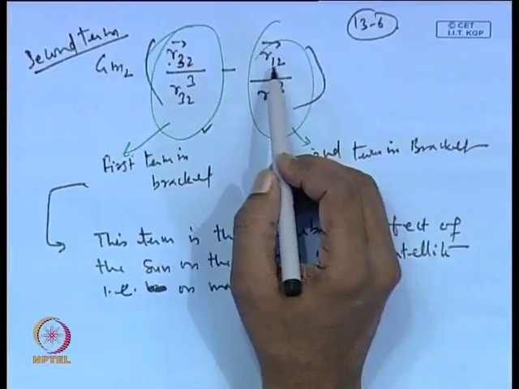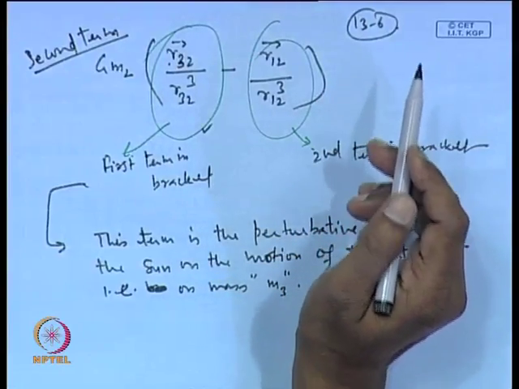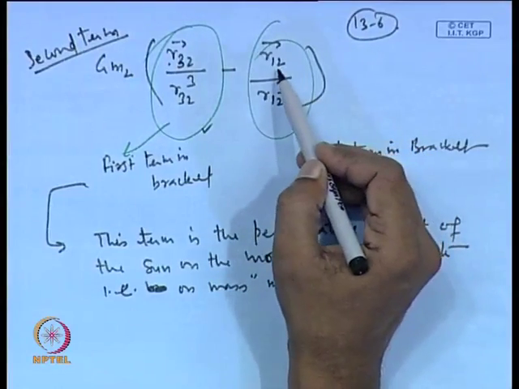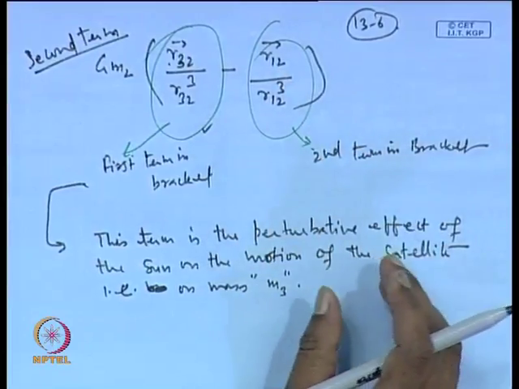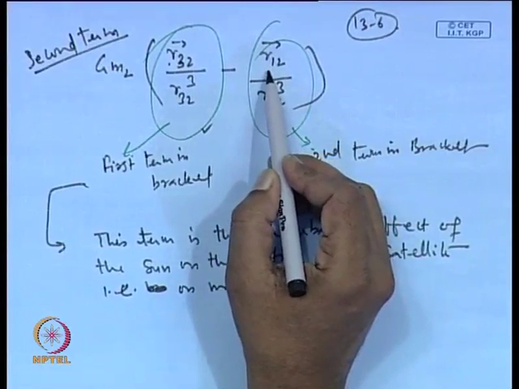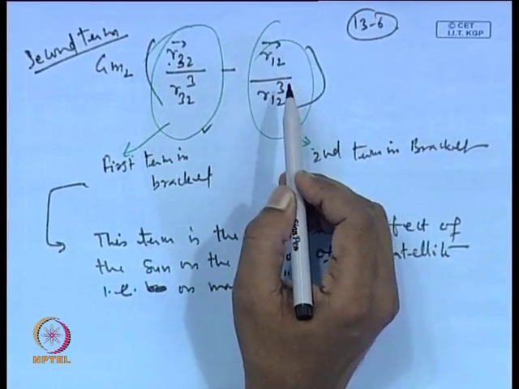Okay. So, this is the significance of this term, while the second term we can see from here, this is the term which is related to 1 and 2. So, this is connected to the earth and the sun. In this case, the sun affects the motion of the earth. Okay. So, this is affecting the motion of earth, and in turn, because earth is affecting the motion of the satellite, therefore, ultimately the motion of the satellite gets affected.